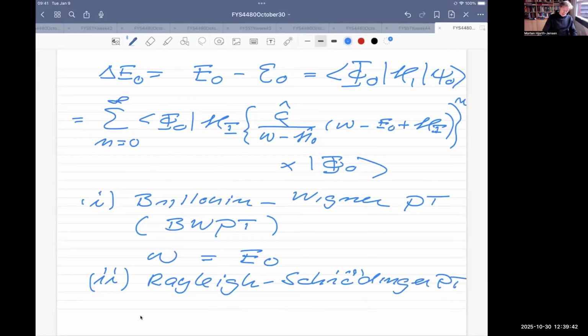PT. And this is something which we will just label as RSPT. And in that case, this omega is given by epsilon 0. This is going to give us a perturbative expansion where every term in the expansion has only known quantities. Now, the drawback with perturbation theory is that we don't know a priori whether the perturbative expansion will converge or